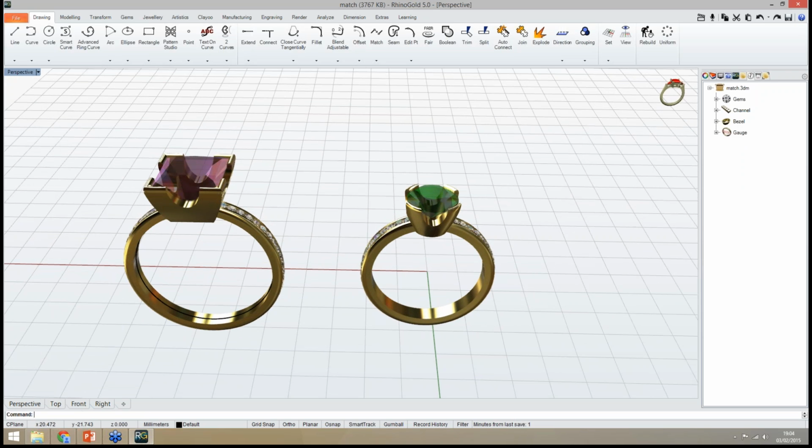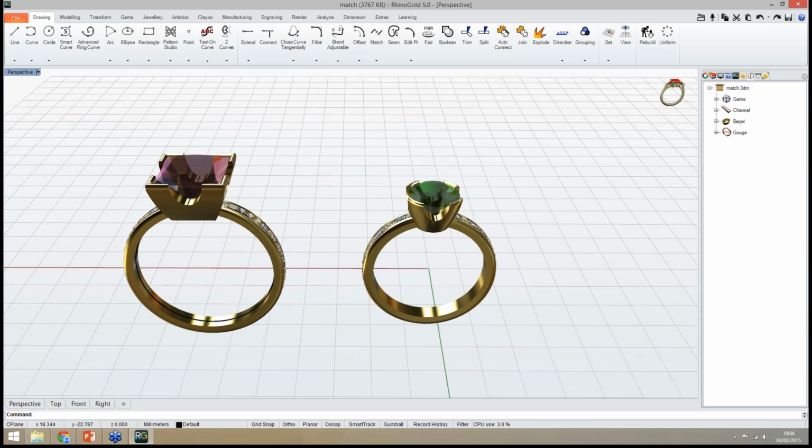So I can use the same parameters and apply to other objects. And this command keeps exactly the same thickness and the same dimensions. Yes, all the same parameters. It's amazing. Okay. Really, really good. Then I think you can use it with dynamic profile, with channel, with all the RhinoGold objects, right? That's it. All the RhinoGold objects.